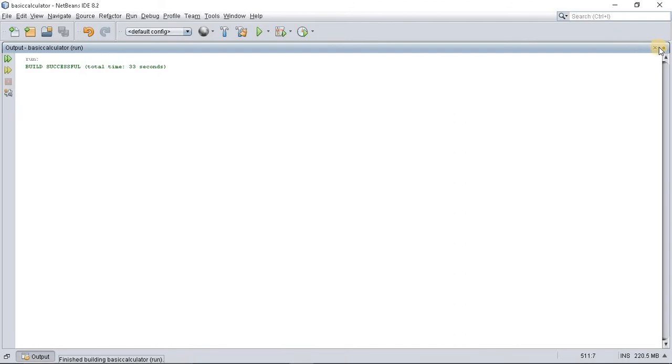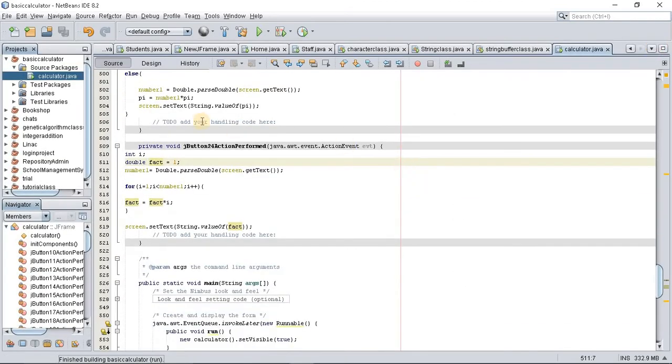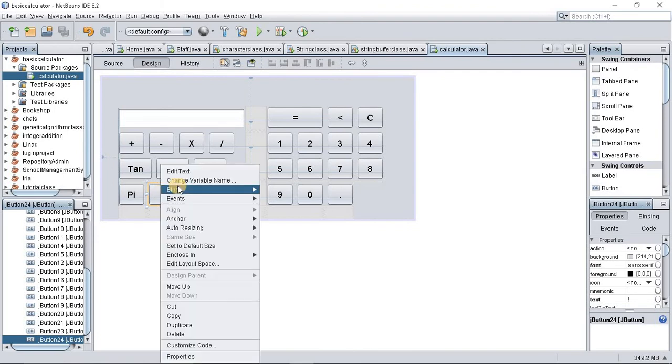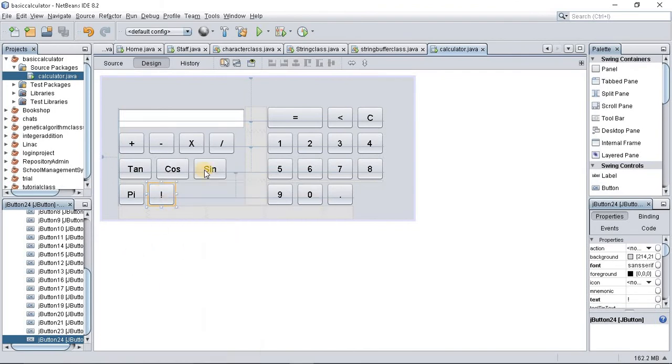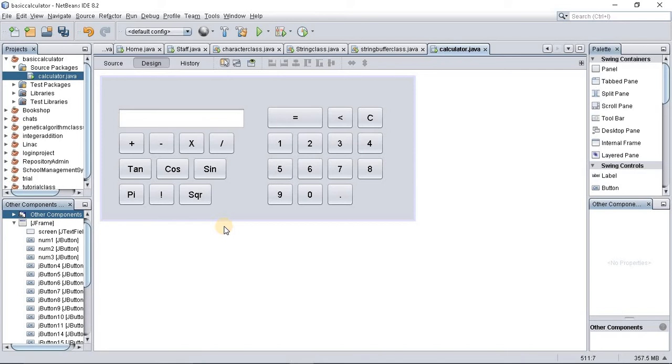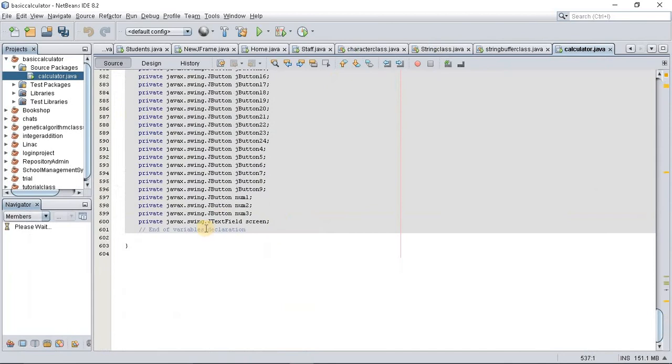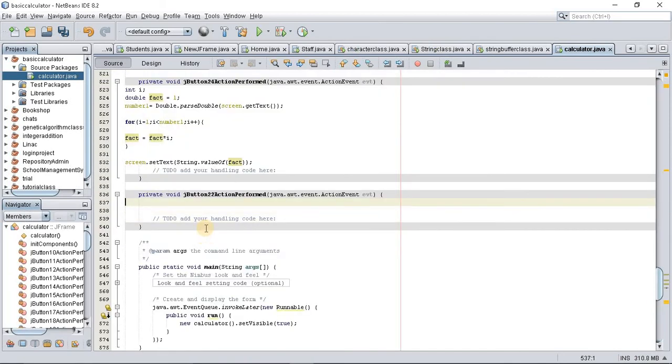So next we'll be going to square root. Or let's fix the square first. I think we should copy this button. So SQR. And now for the square, just right click, go to event, action performed. Now the square is very simple to fix. So simply say number1 equals Double.parseDouble